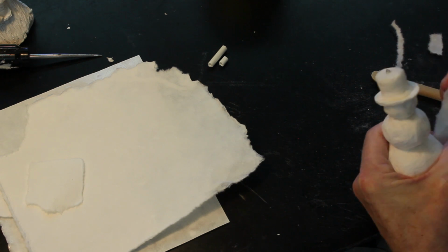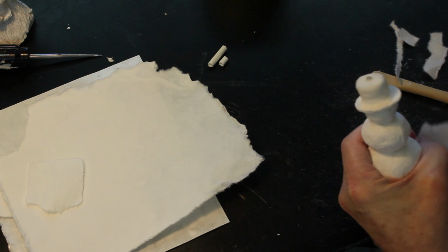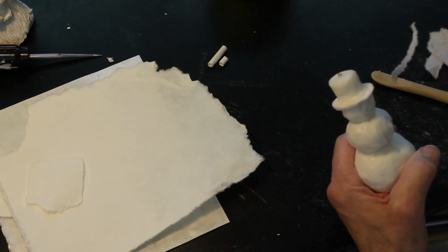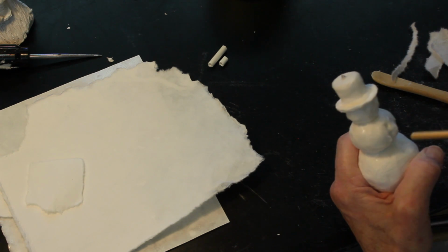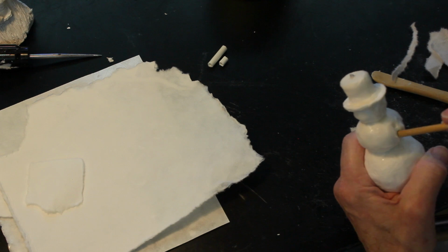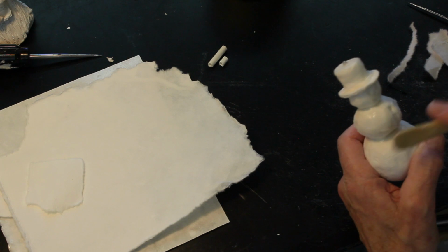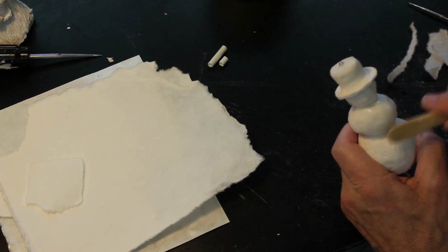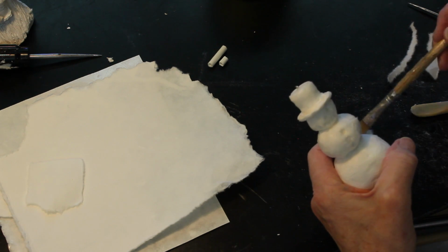And I'm going to do the same with the buttons on his little snowman shirt. Okay, with the round end of a brush, I'm going to do the same thing. I'm just going to make those a little more evident there, so I can put some little lumps of coal or whatever I'm going to do in there. And now I'm going to burnish it down, smooth it,